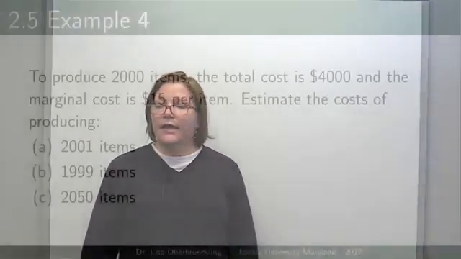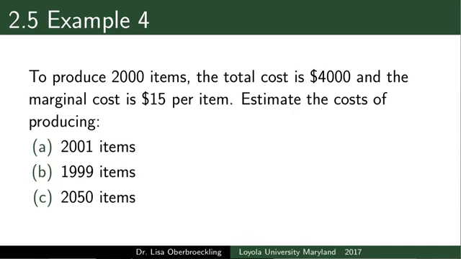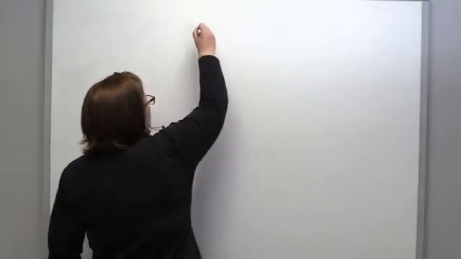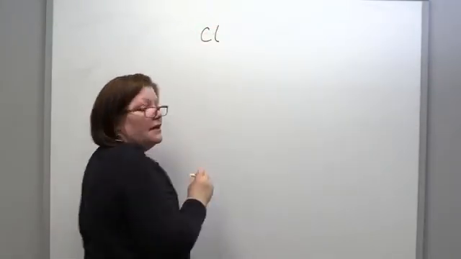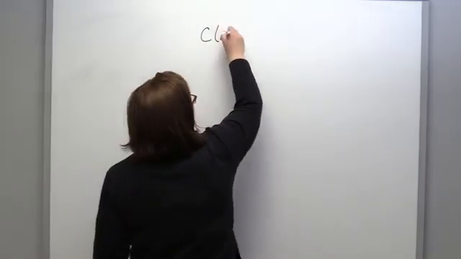All right, so this is another practice about marginal cost. This problem could easily be talking about marginal revenue. We're given that to produce 2,000 items, the total cost is $4,000 and the marginal cost is $15 per item. Estimate the costs of producing 2,001 items, 1,999 items, and 2,050 items. So we're given the cost of producing 2,000 items